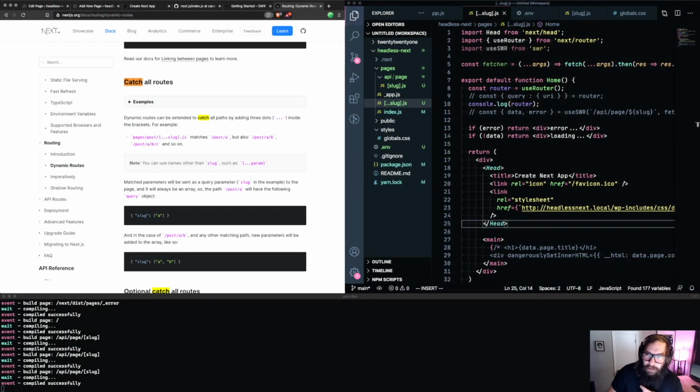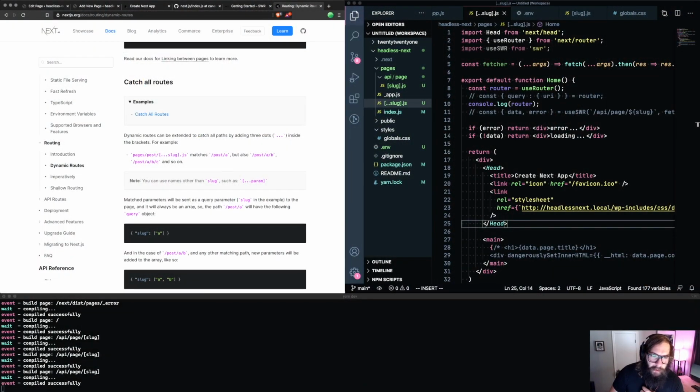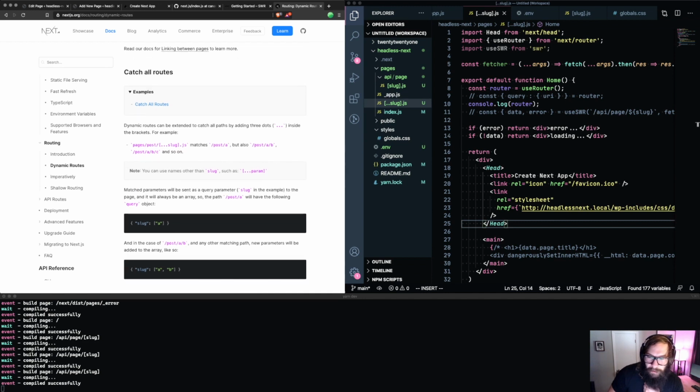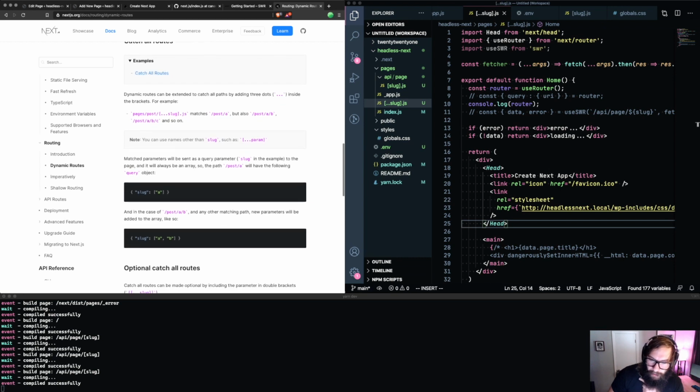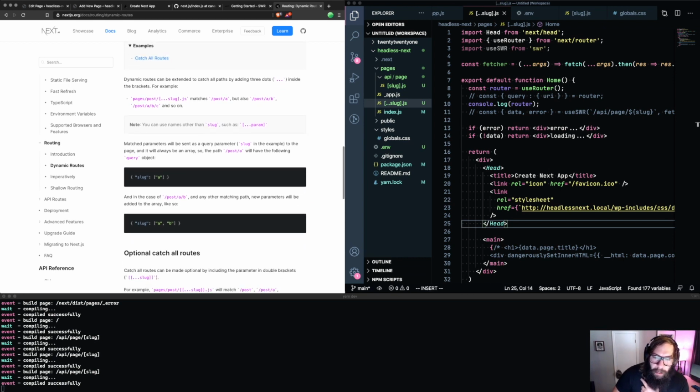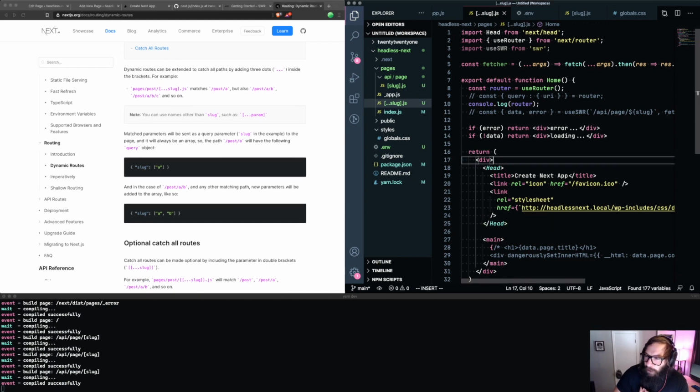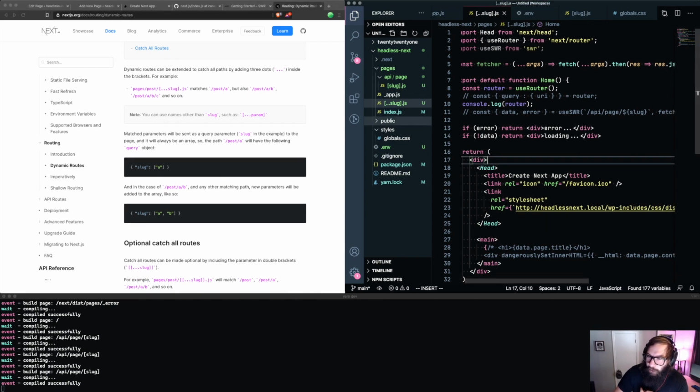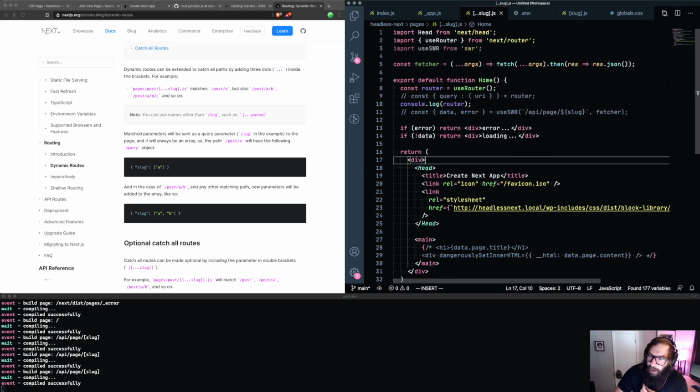So Next gives us the ability to do what's called catch-all routes. We can essentially use what looks like a spread operator here in our file name, in addition to our dynamic route file. We use the three dots. This will match any sub page that may exist within our site. And the problem that we were running into is the fact that the query that we were trying to run,